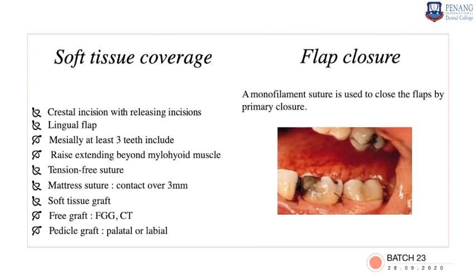If you cannot achieve the coverage, then you have to think about a soft tissue graft like a free gingival graft or a connective tissue graft to cover the graft and membrane. Ideally, we should achieve a primary closure after the graft surgery. Once we achieve a primary closure, it will result in primary healing. So you have to think about a tension-free closure and a complete primary closure without any graft material exposed.